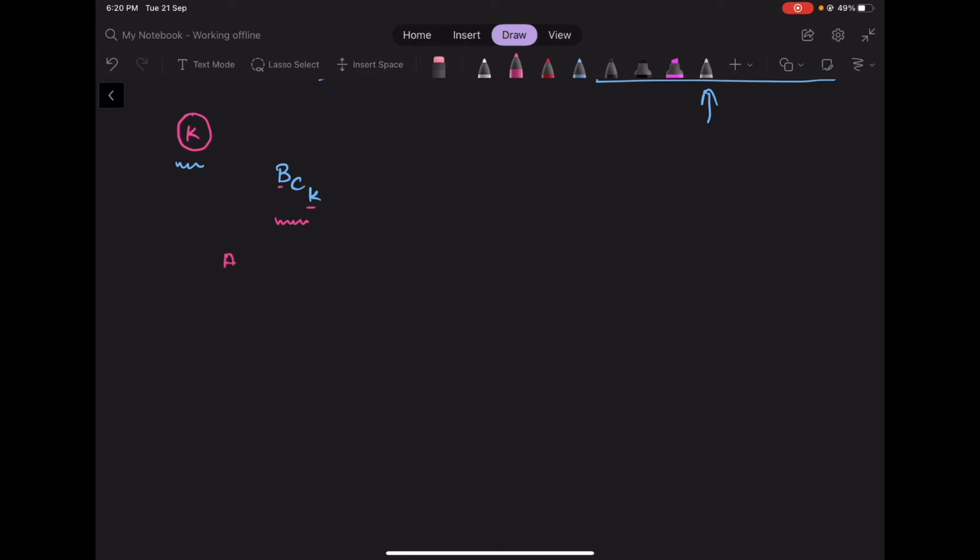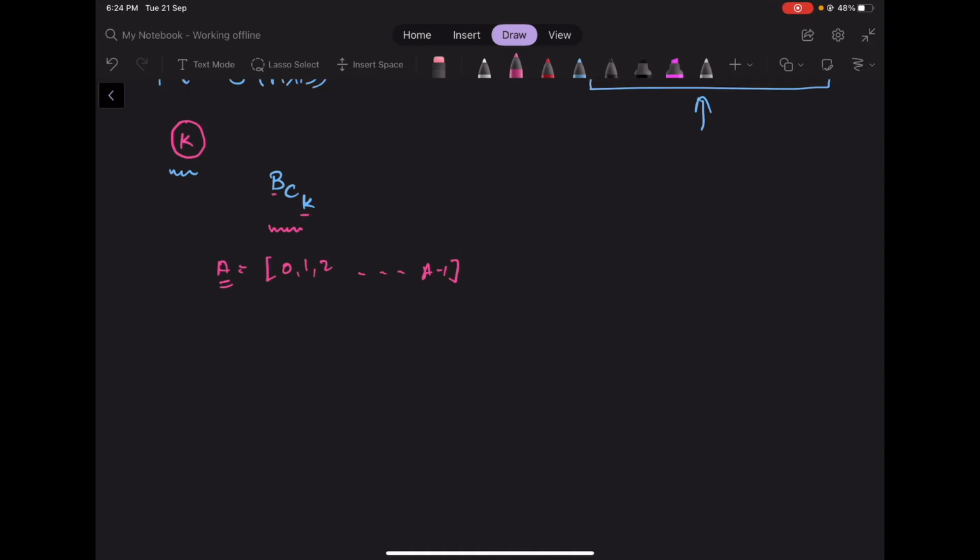So in array A there are a indexes from 0, 1, 2 till a minus 1. All of these indexes are going to have one element out of these k elements. So we have to allocate these a indexes to those k elements. Now let bk1 be the first element selected from 1 to b, and bk2 be the second element selected from 1 to b, and bk3 be the third element selected from 1 to b, and let bkk be the last element selected from 1 to b.